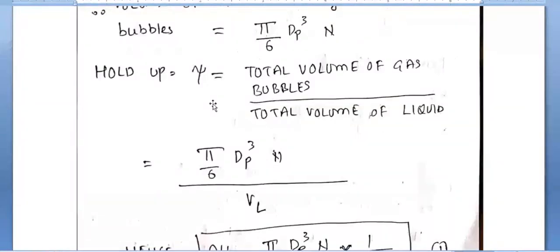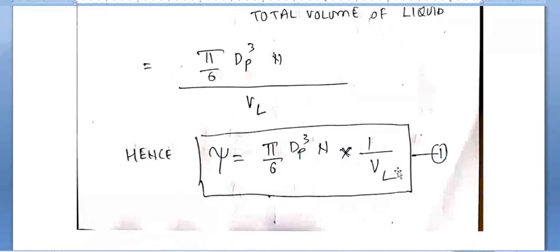Now, one conclusion. What should be the value of psi for suspending a catalyst? Remember this. It should be a little bit more. Then only a larger amount of gas bubbles is inside the system, more bubbles are moving from the bottom to the top, and hence it is easy for us to suspend solid particles. This is the formula.